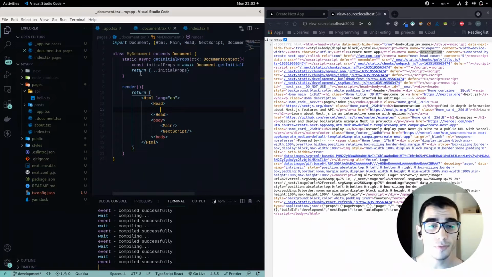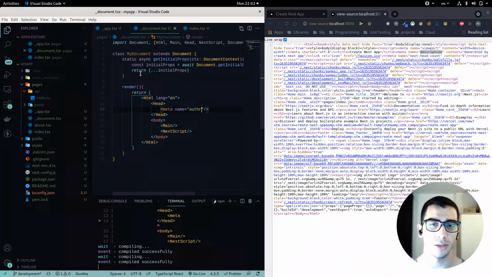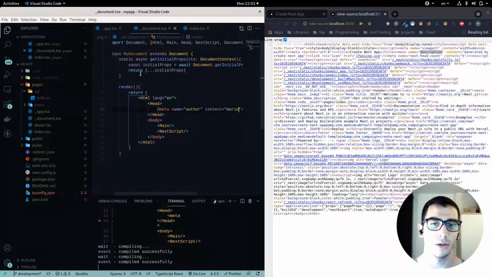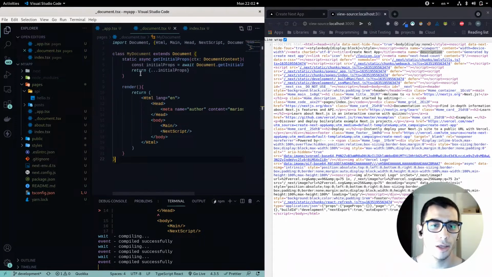Another example is when you want to set some metadata. Let's say that I want to set the author of the page. In that case I will call meta, set the name to author, and the content would be mariossimou.dev, and I need to make a default export